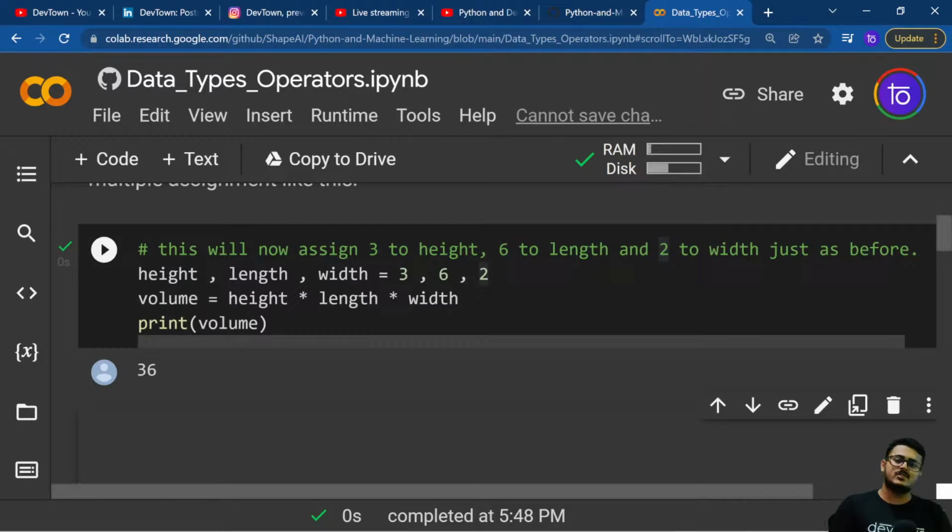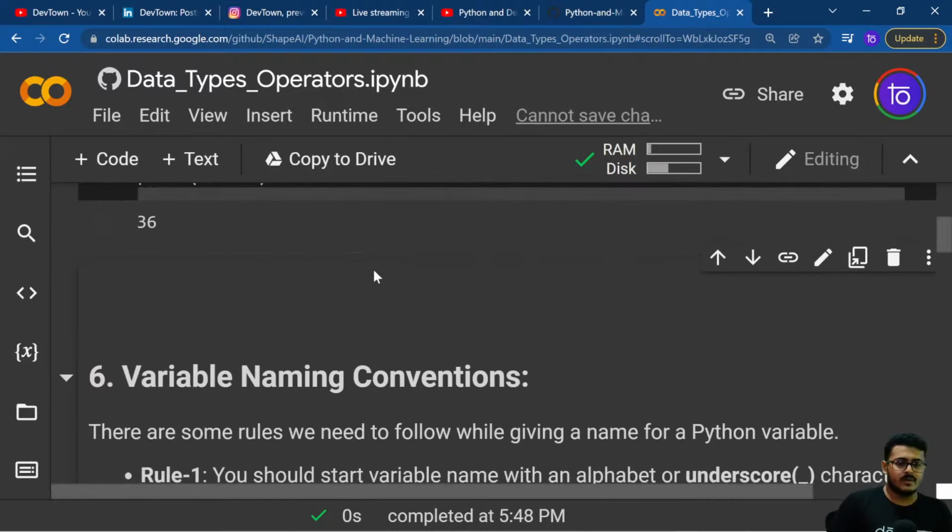In other languages, you will have to write height is equal to 6, width is equal to 2, length is equal to 6, something like that. Okay, tuples are something that we will be learning, but at the end, as you are able to see,